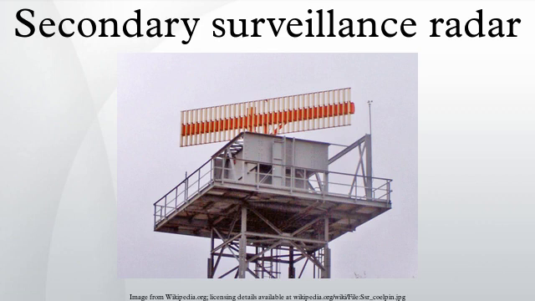Secondary surveillance radar is a radar system used in air traffic control that not only detects and measures the position of aircraft, that is range and bearing, but also requests additional information from the aircraft itself such as its identity and altitude. Unlike primary radar systems that measure only the range and bearing of targets by detecting reflected radio signals, SSR relies on targets equipped with a radar transponder that replies to each interrogation signal by transmitting a response containing